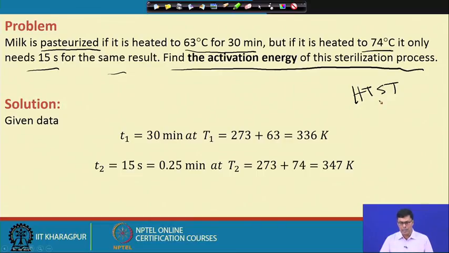The reason is that the deactivation energy requirement for the vitamins and amino acids is much less as compared to that of microbial cells. The microbial cells require more activation energy as compared to the amino acids and